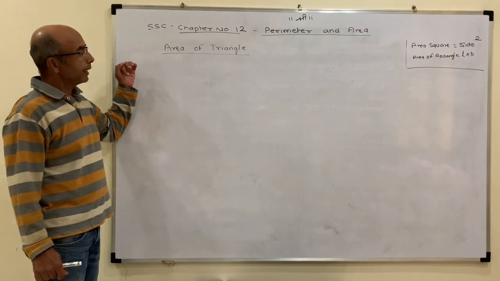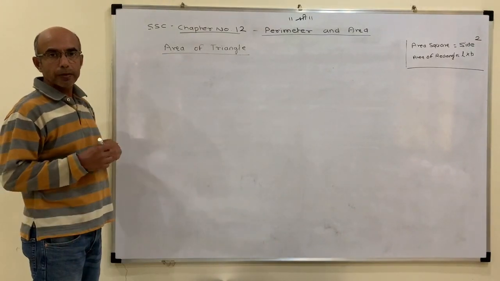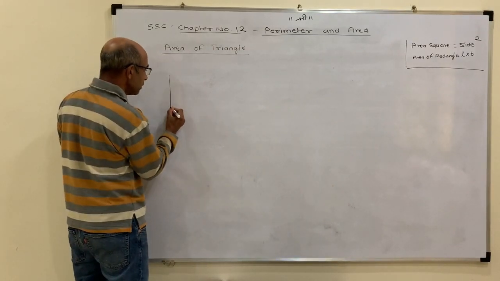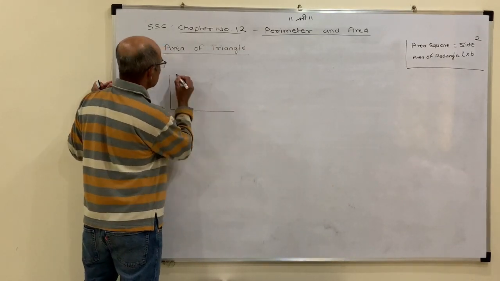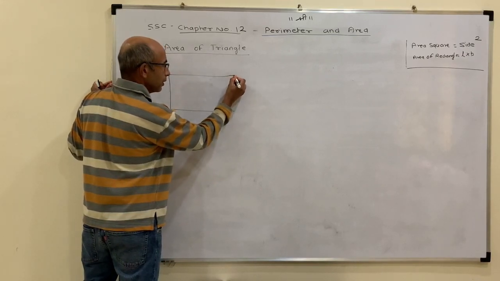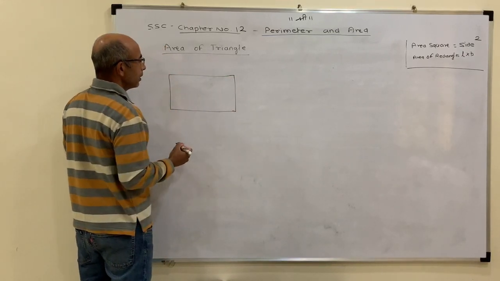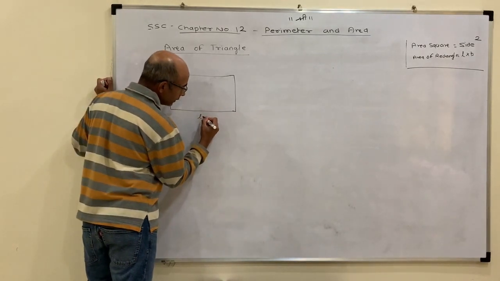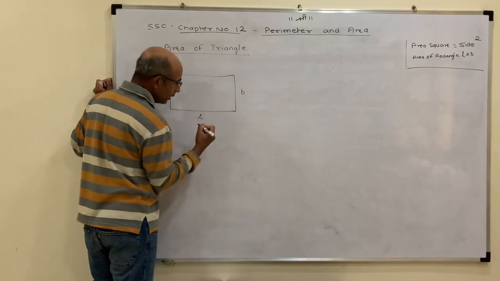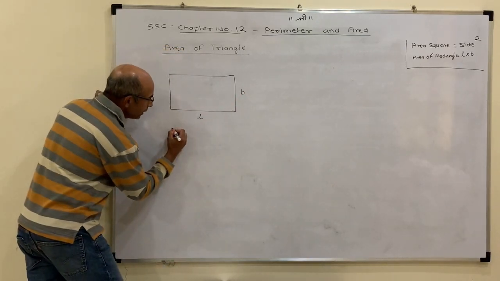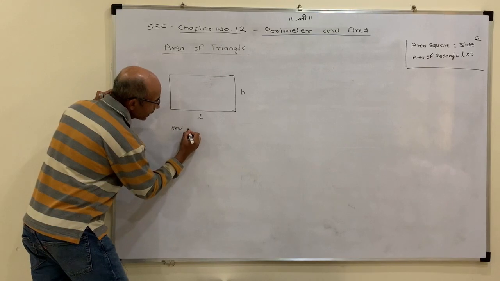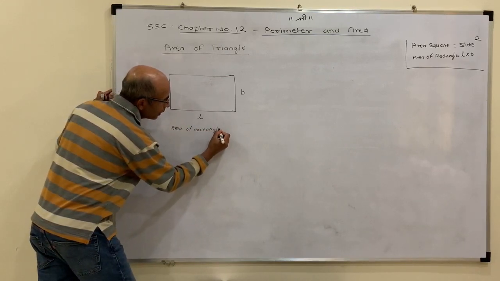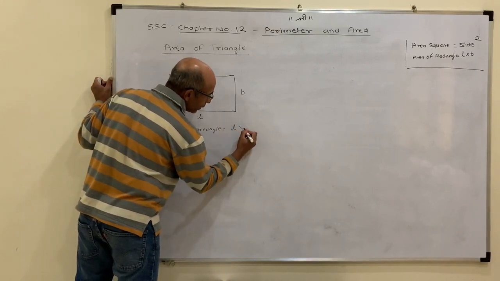Today we will be learning area of a triangle. Now let's consider this is our rectangle. The area of a rectangle: this is the length and this is the breadth. Our formula for the rectangle is area of a rectangle is equal to length into breadth,